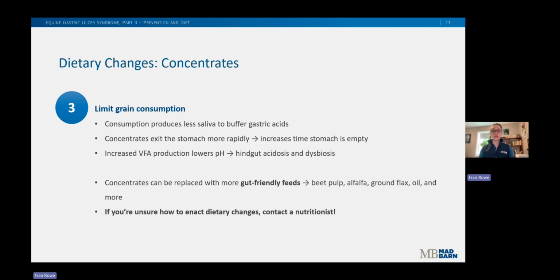And when produced in excess, these VFAs, like when horses are receiving large concentrate meals high in carbohydrates, can decrease colon pH, leading to hindgut acidosis and microbial dysbiosis. This process can also occur somewhat in the stomach as well, so it's going to lead to that more acidic stomach environment. So at the end of the day, there are several reasons why we would recommend limiting grain consumption for these